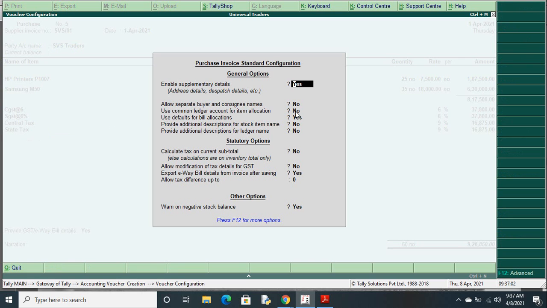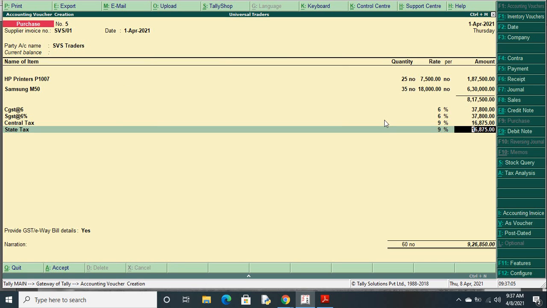Sir, what will happen if I make it as yes? Have you observed here one option is disabled now, the purchase option. If all the items belong to the same percentage, then here we can enter that purchase at the rate 18% or 20%. When we are dealing with different percentages, if you write a common ledger for all the items, then it is not correct. Why? Because you are dealing with multiple rates, but here you are writing a common ledger, common tax amount for all. Have you got the point or not?